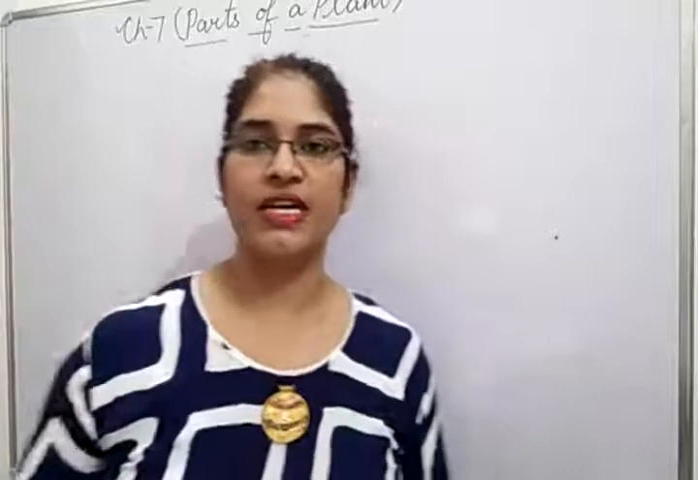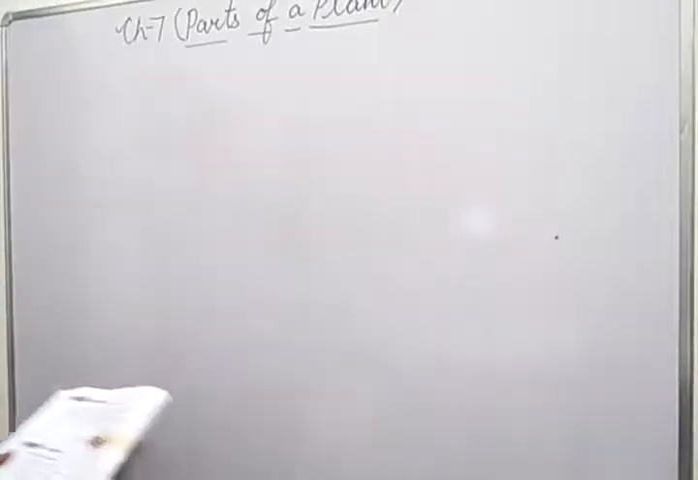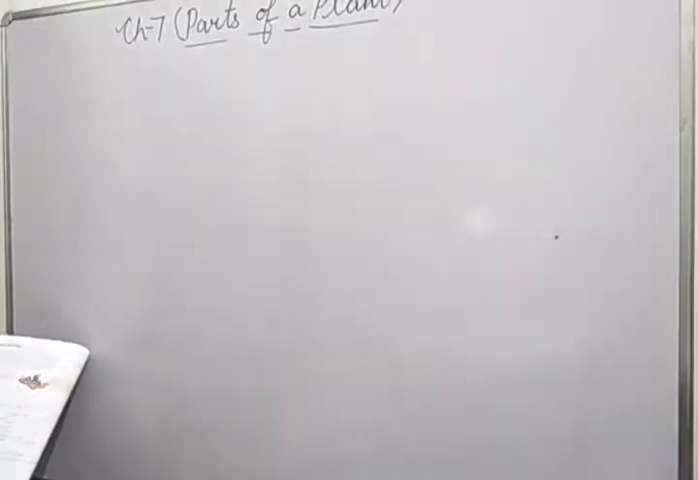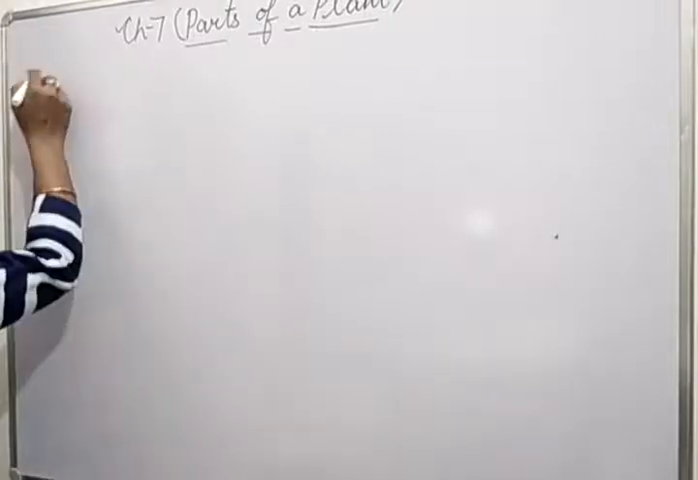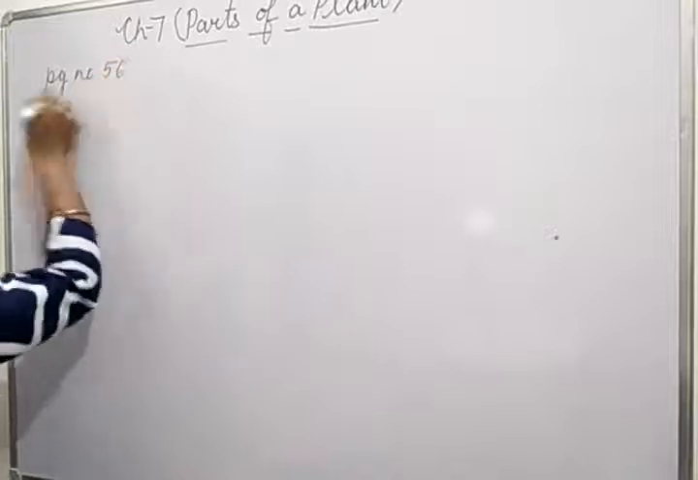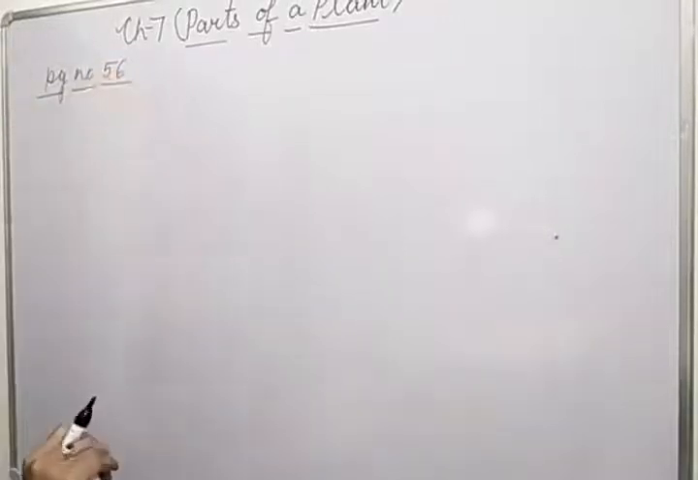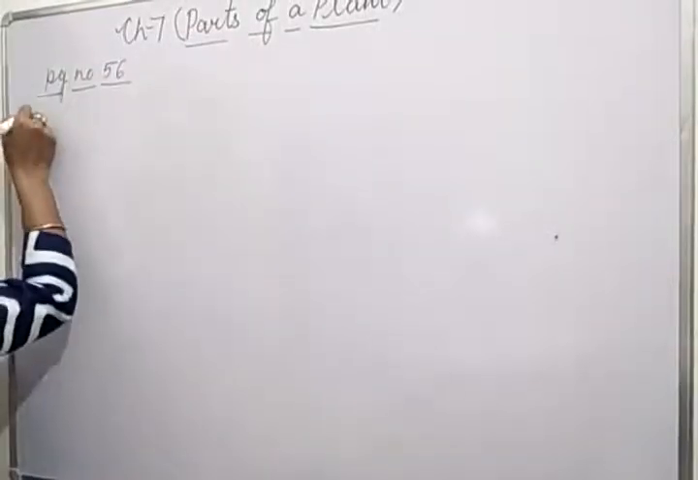So now let's start the exercises. You can have your books with you. Page number 58 you have to take out. Not 58, sorry, 56. Page number 56 you have to take out, beta, according to my book. Maybe the number can be different in your book, so you can check. First question,